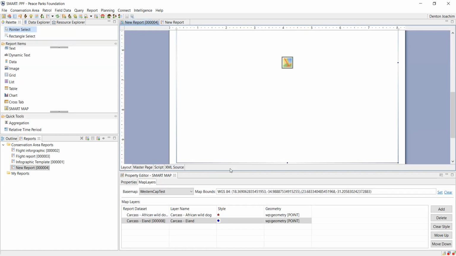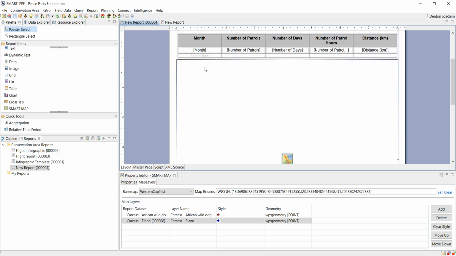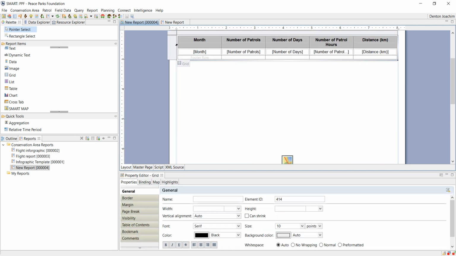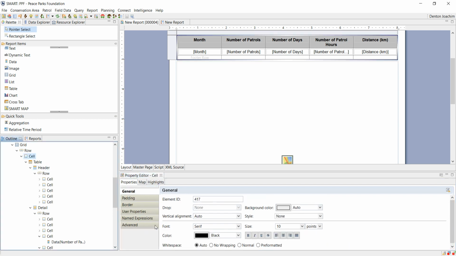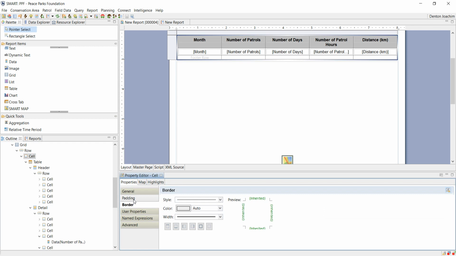So now we're going to change the way in which the table above is in relation to the map below. So if I click on this grid, so it's the grid that I'm looking at, not the table. I look at the bottom here and I see, my apologies, the cell. If I click on it and I say padding, so the cell that houses the table,